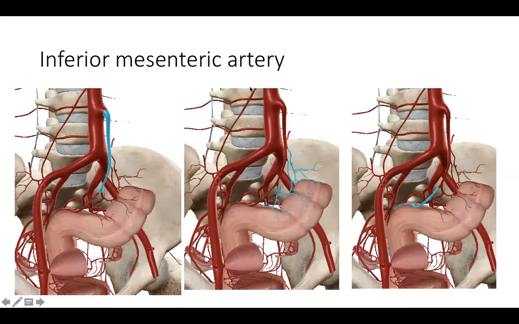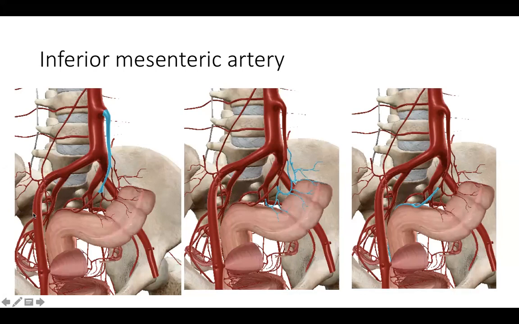So look at the inferior mesenteric, from where it arises and how it is spread. It arises as a ventral branch right from the aorta at the level of L3, L4, goes down into the pelvic cavity and gives off three branches. Earlier it gives off a left colic, then a sigmoid and a superior rectal. Now this bifurcation we have to remember, look at the level. It occurs almost at the level of the sacral promontory per se, and this is much lower than the bifurcation of the common iliac into the external and the internal iliac.